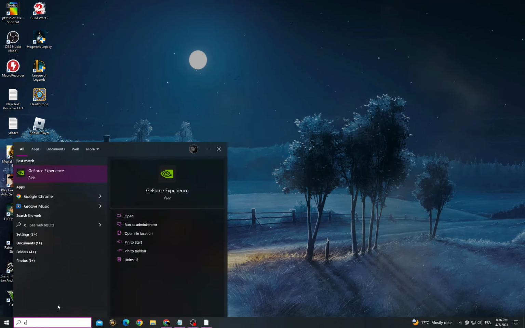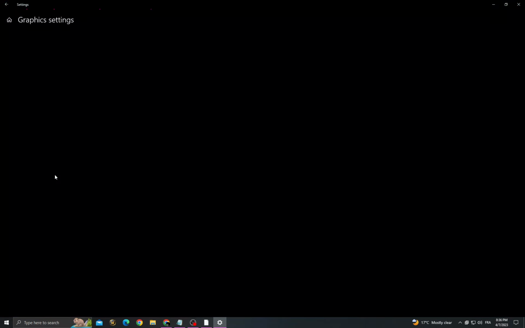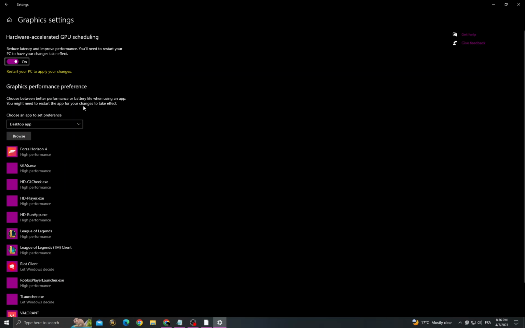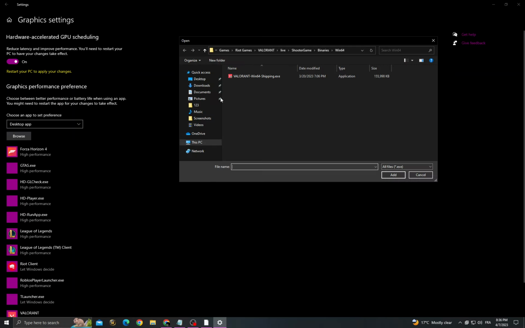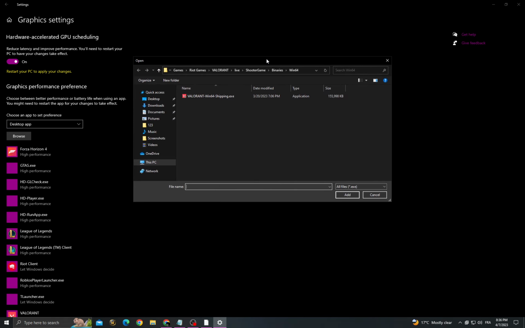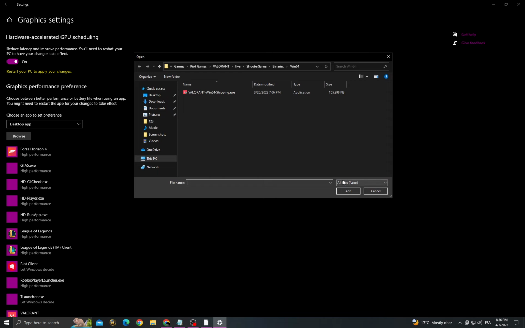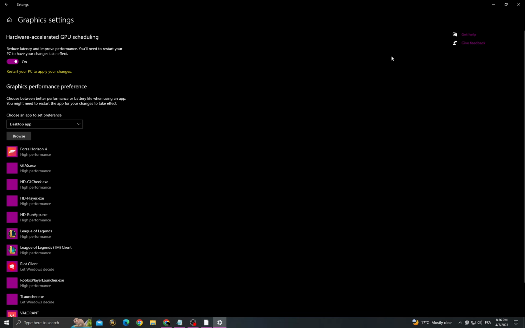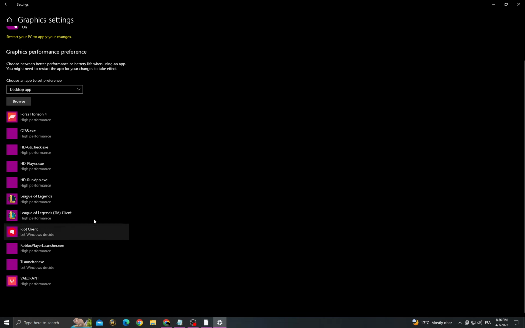And now the last thing you need to do, go to the graphics settings, and after that click browse, and now once you're here you must find Call of Duty Warzone 2, and when you find it just click add, and that's it. After that you will find it here, and when you find it, let's take Valorant